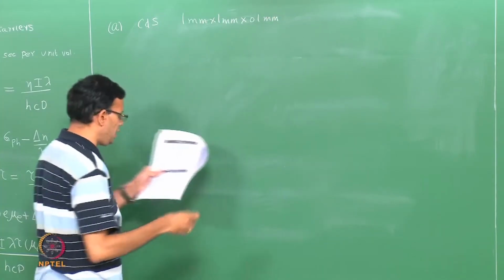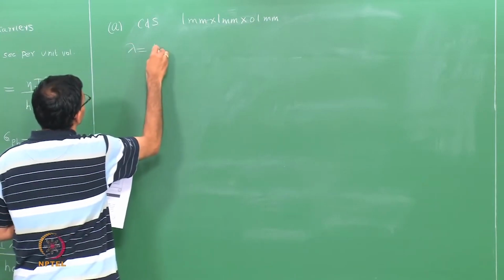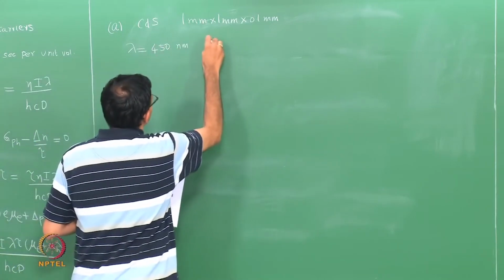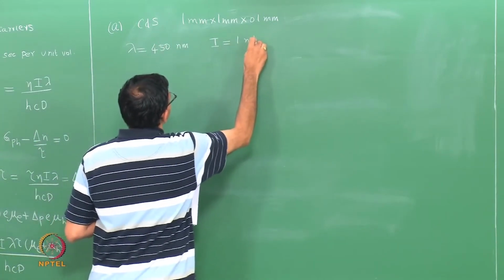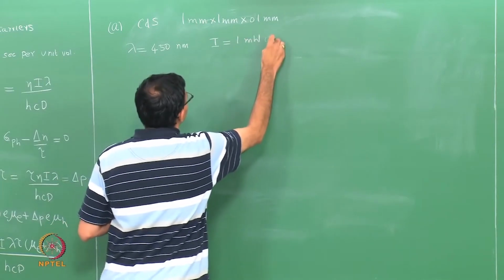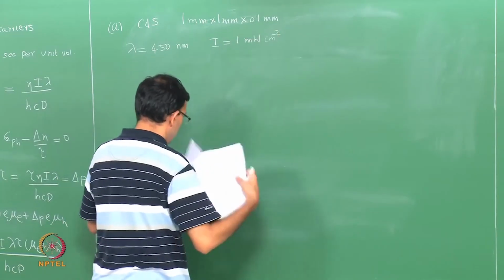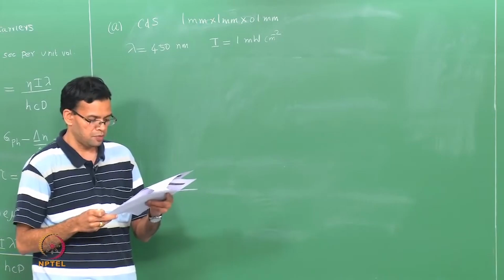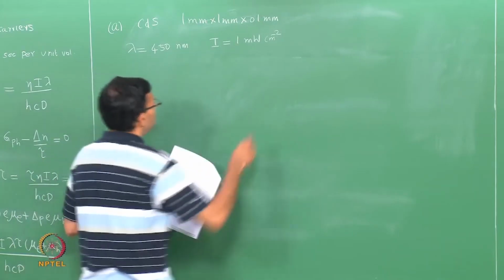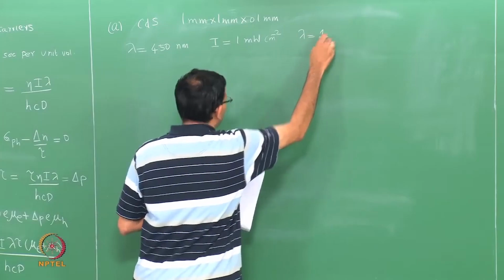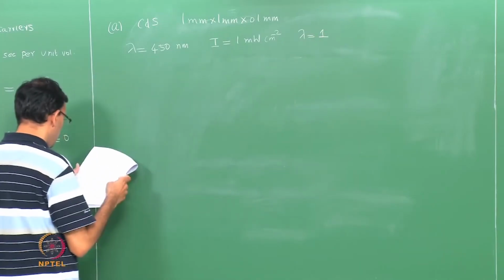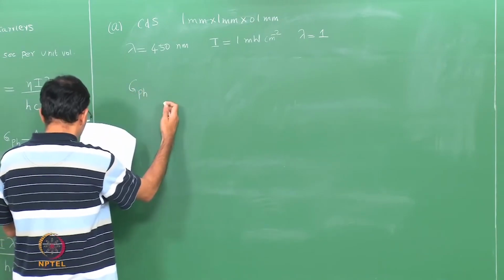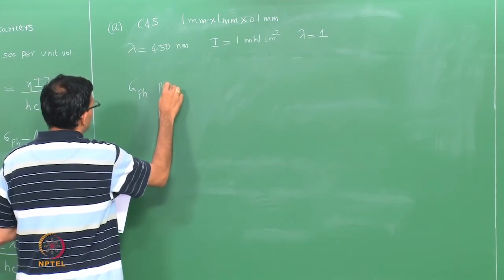The wavelength of the light is given. So, lambda is 450 nanometers and intensity per unit area is 1 milliwatt per centimeter square. So, we need to calculate the number of electron hole pairs per second. The quantum efficiency eta is equal to 1. So, it is the same application of the formula. So, number of electron hole pairs GPH per second